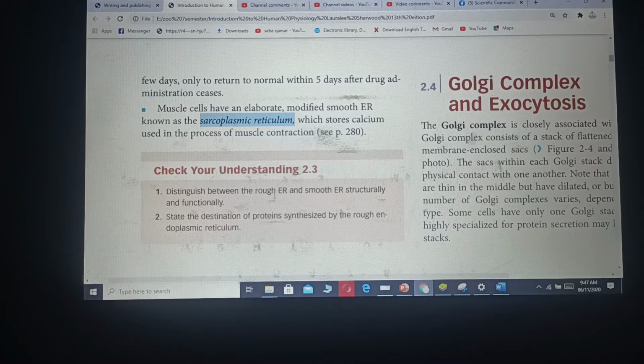Rough endoplasmic reticulum is only involved in the protein synthesis, while smooth endoplasmic reticulum is involved in the muscle contraction, as well as the detoxification of different kinds of harmful drugs and lipid synthesis, and moreover it is also involved in the cargo transportation of different kinds of proteins. So